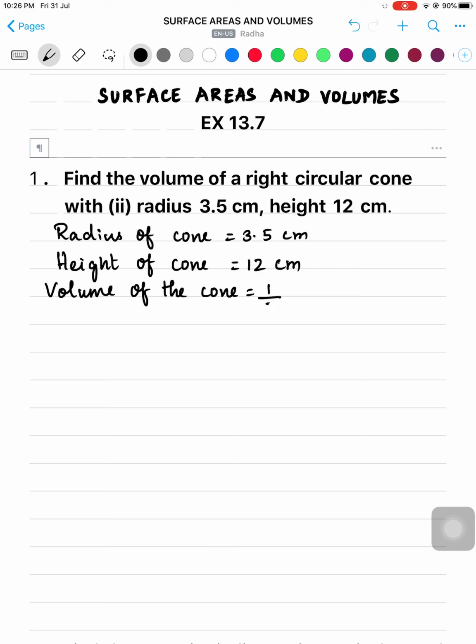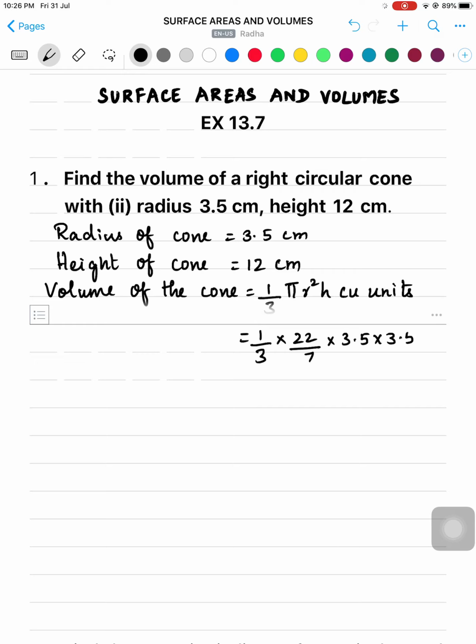Volume of the cone is given by the formula 1 by 3 pi r squared h cubic units. So, it is equal to 1 by 3 into pi value is 22 by 7 into radius is 3.5, r squared, so 3.5 into 3.5, into height is 12. So, 7 ones are 7, 0.5s are, and 3 ones are 3, 4s are. Now, we need to multiply the numerator. 22 into 0.5 is 11. 11 into 14 is